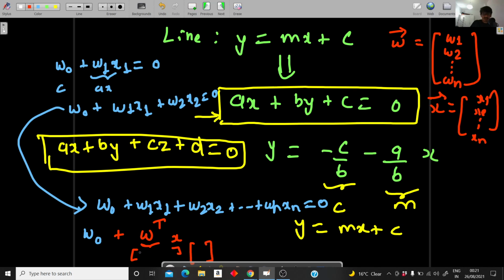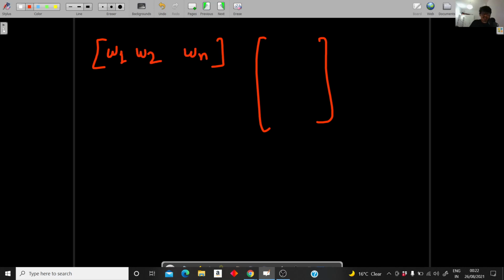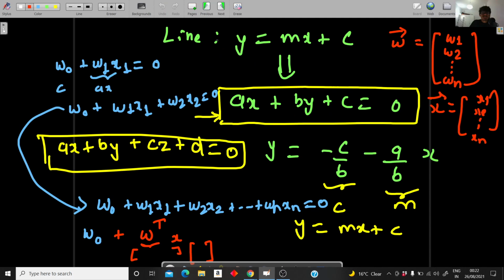And we know that multiplying, let me just have one more page, it will be clear here. This is W transpose and this is X. This has W1, W2 up till Wn, and this has x1, x2 up till xn. So matrix multiplication will be simply w1 x1 plus w2 x2 and up till wn xn, and this is what we want, isn't it? So we can write this in a compact form or in a vector form like this, and this is nothing but the equation of my hyperplane.